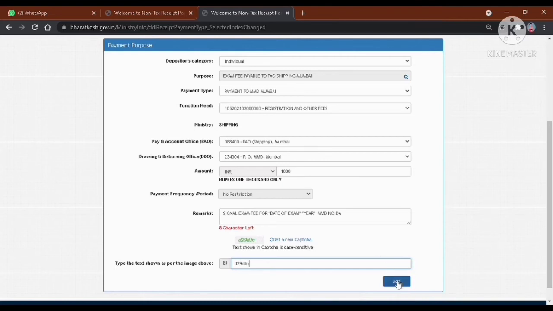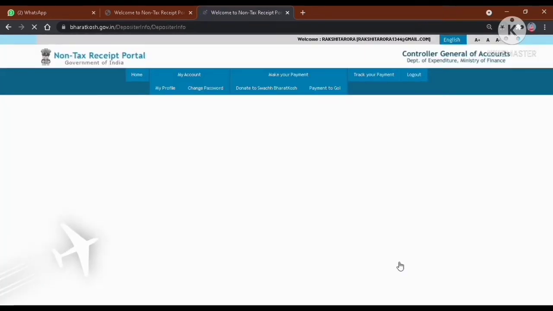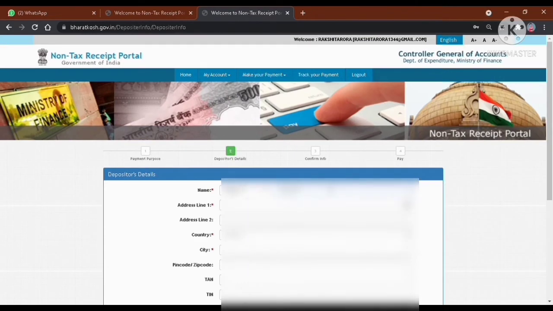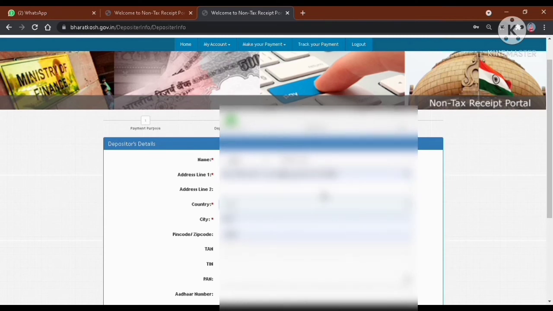Once added, it will show you like this, the added details. Then click on next. It will show you the details what you have to fill, like name, address, country, city, passcode. So you have to fill all the details as per the proof you are carrying with yourself to the MMD.